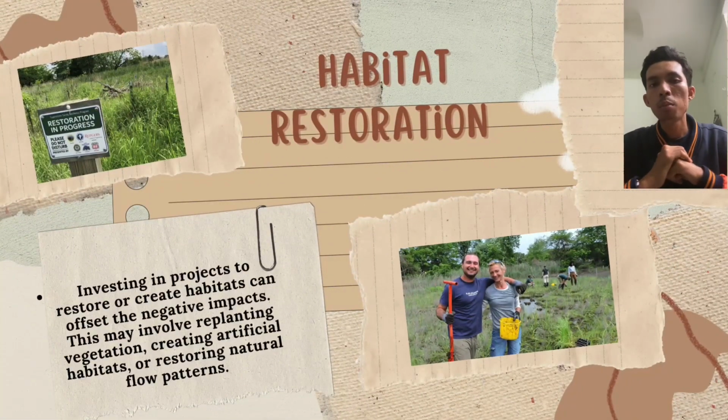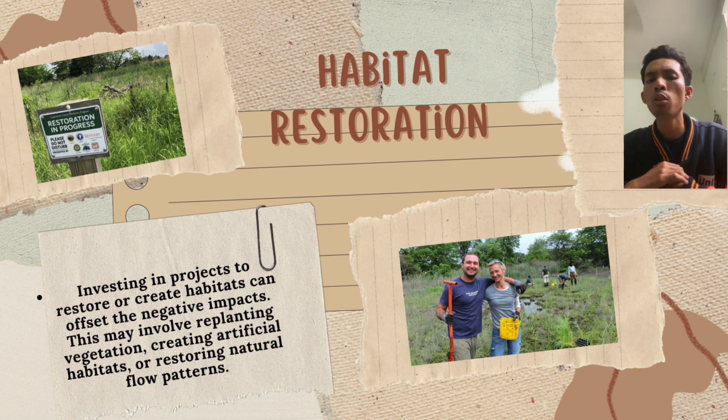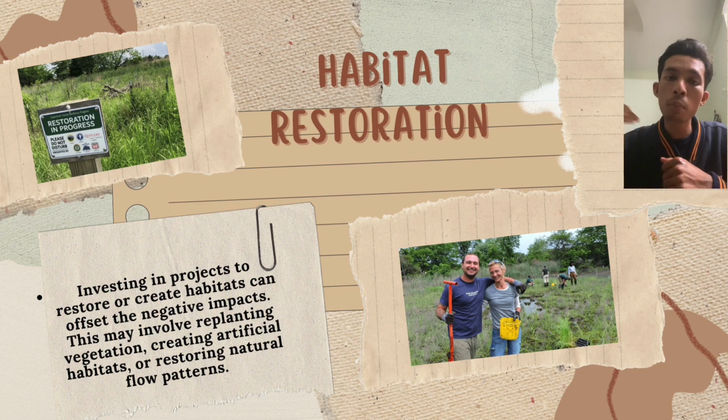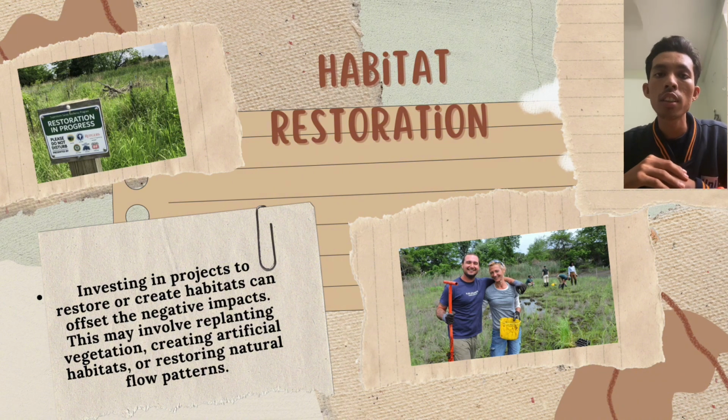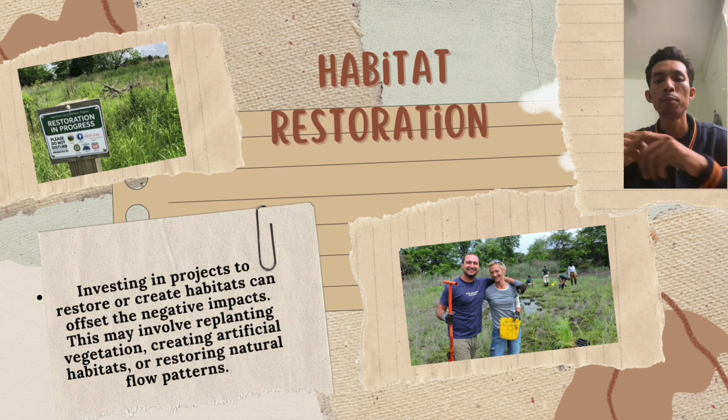Okay, lastly, habitat restoration. Investing in projects to restore or create habitat can offset the negative impact. This may involve replanting vegetation, creating artificial habitat, or restoring a natural flow pattern. So, for example,